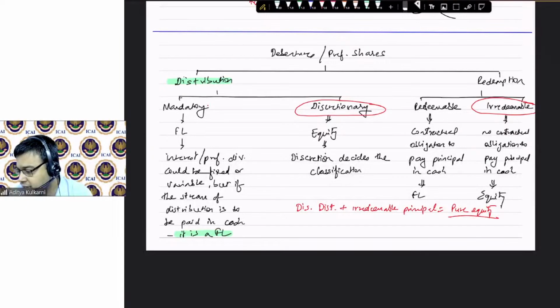Pure equity means the irredeemable debentures will be deemed to form part of share capital. Not share capital, this will go and sit under other equity. In the equity head, it will go and sit under other equity. So share capital will obviously have equity shares. That's it. Then after that, preference shares, debentures which are irredeemable, all these instruments will go and sit under other equity because they have the features of equity, but they are not equity shares.